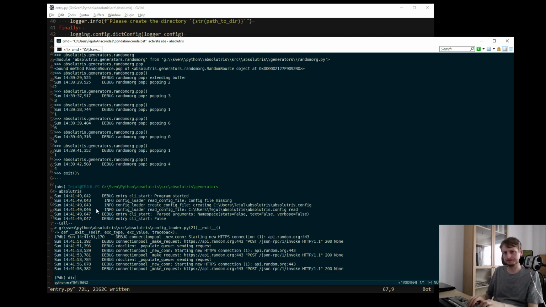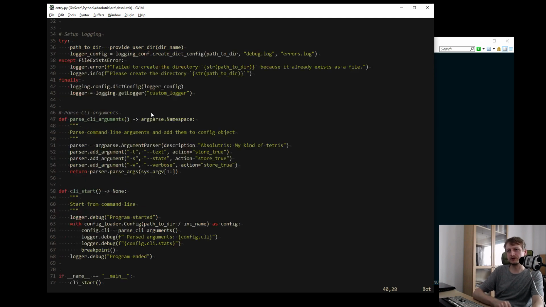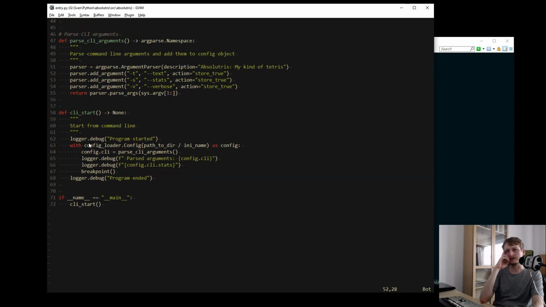And so I wonder, first of all, why am I in absolutris config loader? Why is the local name absolutris config loader if the configuration is loaded, no? Well, it isn't. I see, it isn't.